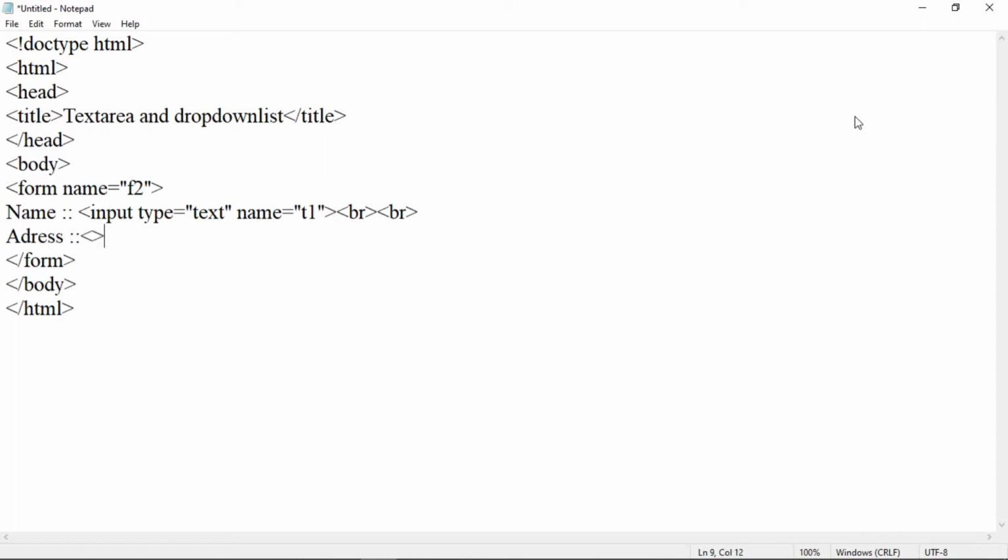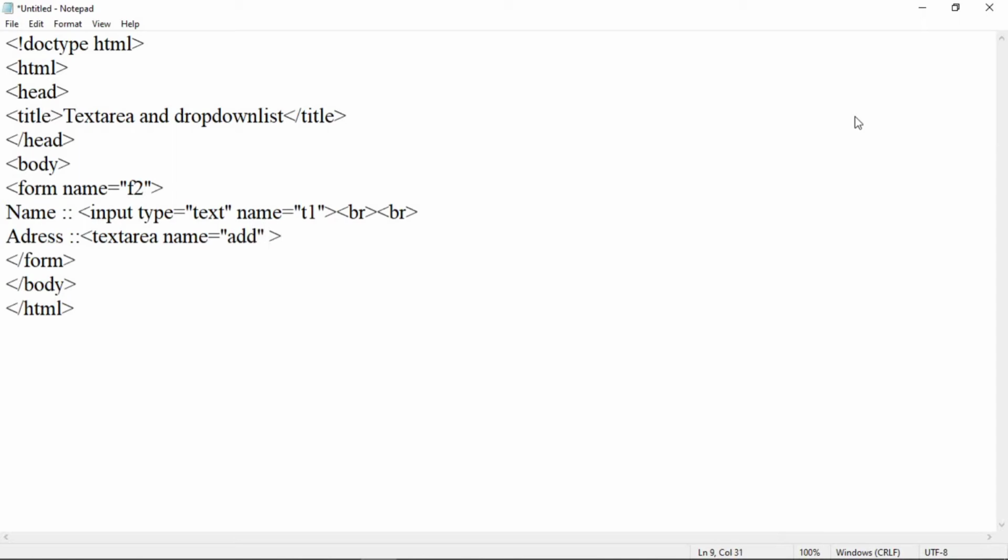To create a multi-line text box, the tag used is a text area. So text area. After that, add attributes here. So first of all, let us add name is equal to, specify a name, suppose TA, or we can say address.